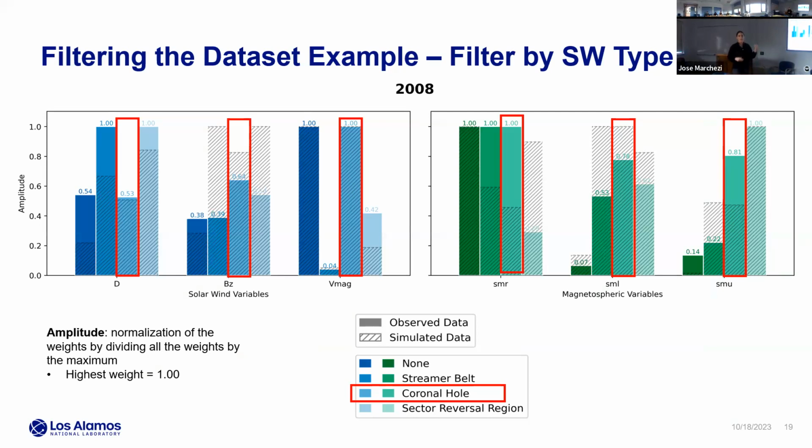We can see that the unfiltered data set generally does well, but when we do filter it, we get kind of mixed results. I highlighted the coronal hole here, which sometimes does perform really well, especially for density. But when we look at the magnetospheric variables like SMR and SML, it doesn't perform as well, which is surprising because coronal hole also didn't really perform that well in our CCA results. This is kind of a heavy graph, so please stop me if you need any clarification. Basically, this wasn't exactly conclusive, but we did have some agreement, which was good.